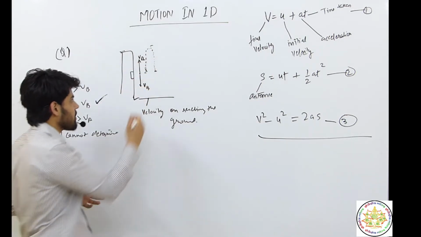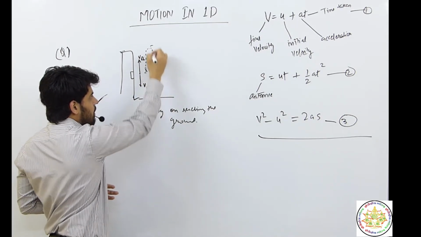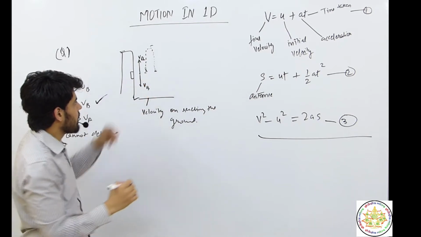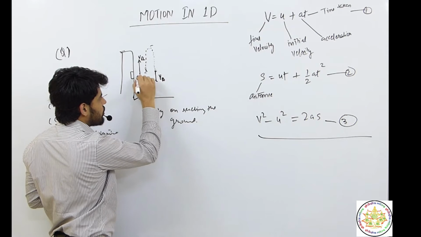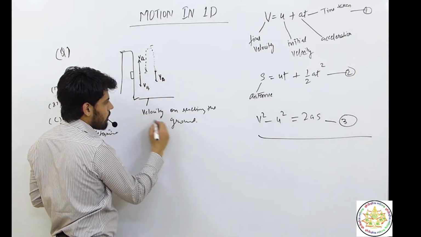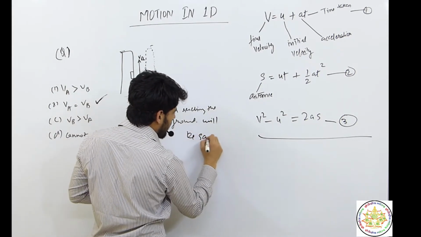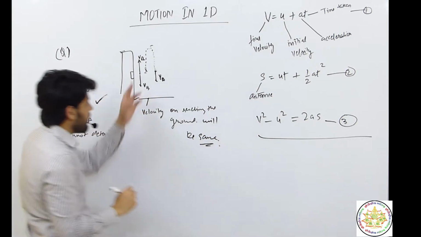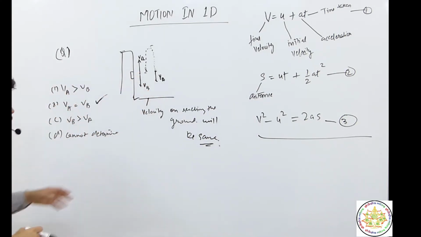That is not correct, because the energy conserved in the upward direction will be released in the downward direction. So definitely at this point when it is coming down, the velocity will be VA, which is initially the same for both. So at this point they are again the same. When hitting the ground, the velocity on reaching the ground will be the same for both objects. If initially they are the same, it doesn't matter in which direction it has been thrown.